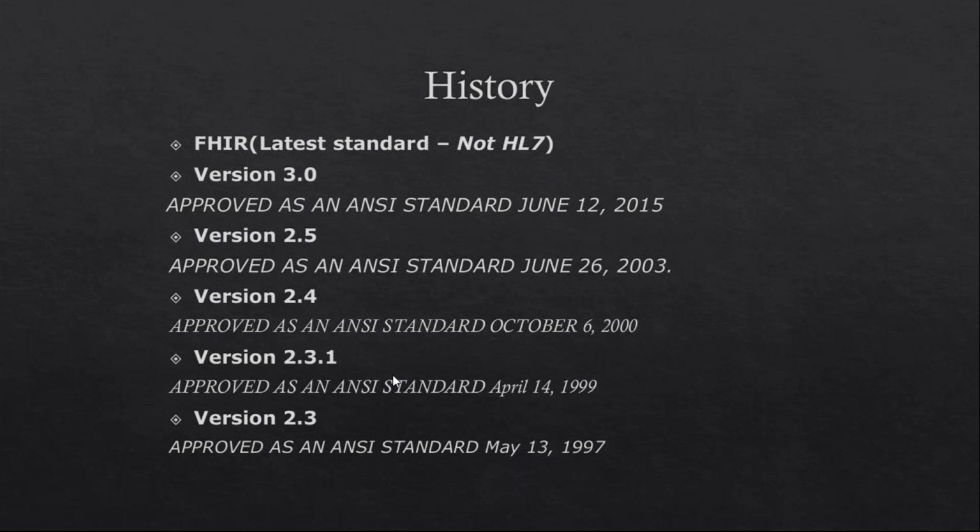And FHIR is not an HL7 standard. It is a different standard released by HL7, which is Fast Health Interoperability Resources. These are a list of API resources which are used mainly for mobile integrations and tab integrations. We'll be taking a look at that at the end of this training, a quick introduction of what FHIR is and where we find resources. So this is the history of HL7.